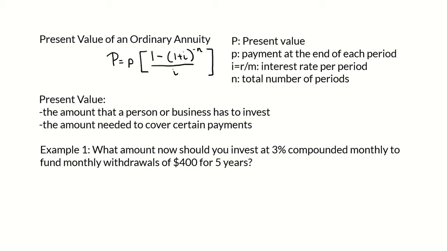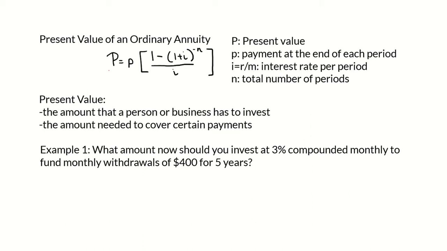So the reason this present value formula is useful is that it tells you the amount that a person or business has to invest at the beginning in order to reach a certain goal, or it's the amount needed to cover certain payments. So example 1: what amount should you invest at 3% compounded monthly to fund monthly withdrawals of $400 for 5 years? So using this present value of an ordinary annuity equation,